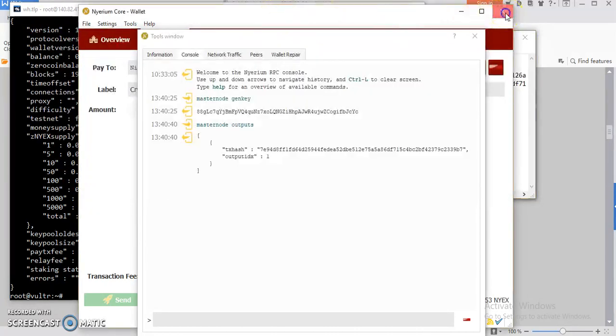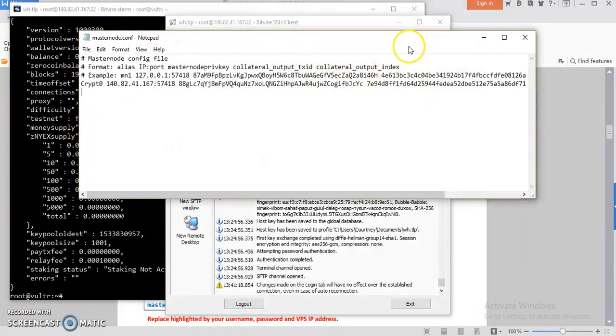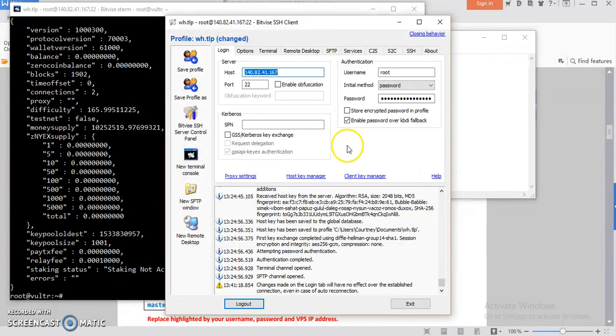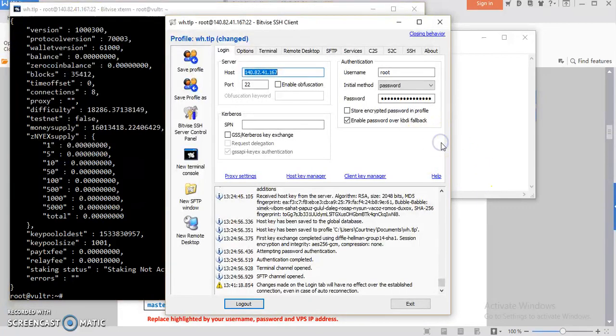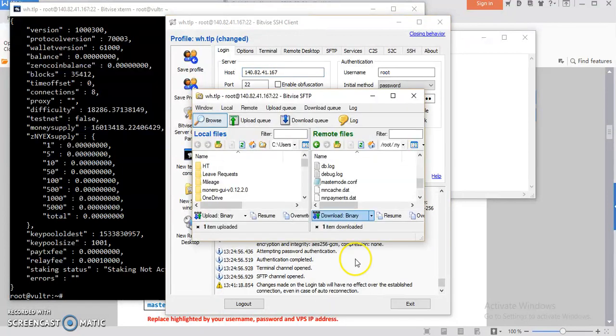Close your wallet. I would just minimize that just in case you have any issues. We can go back to this, and we'll still see that we're about 65,000, 70,000 blocks away from it. So it's going to be a little bit. Now, what we can also do is go back into here, and while we're waiting,